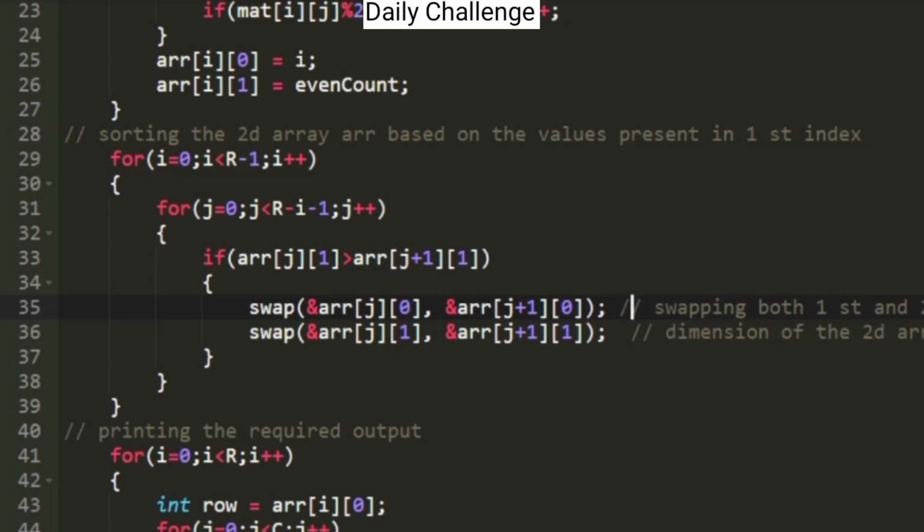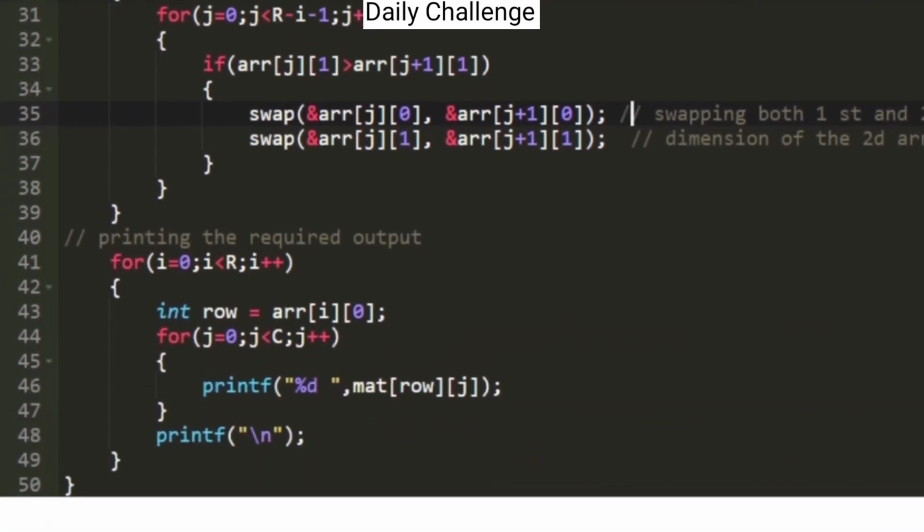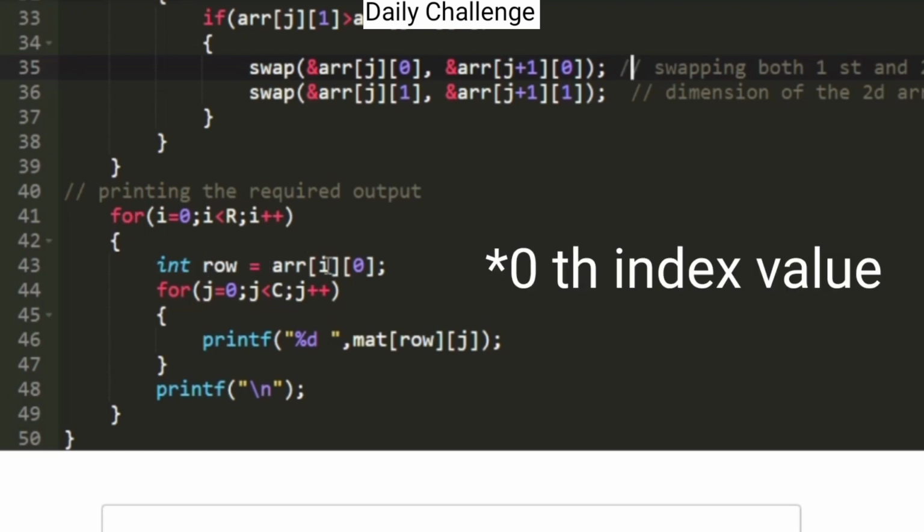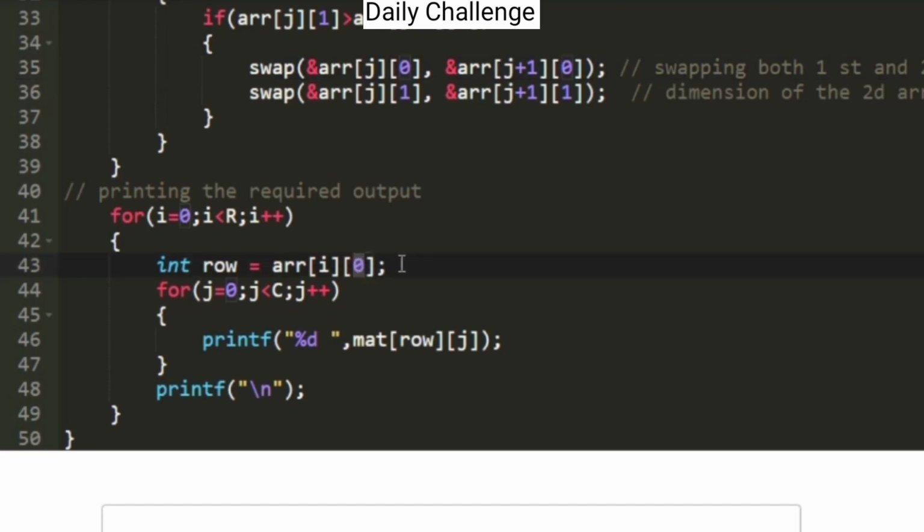Now we are just going to print our matrix. Again I am going to use a nested for loop, and here I have created a variable named row, and then I have assigned the first index value present in the two-dimensional array ARR. Then I am going to print the matrix using this printf statement.